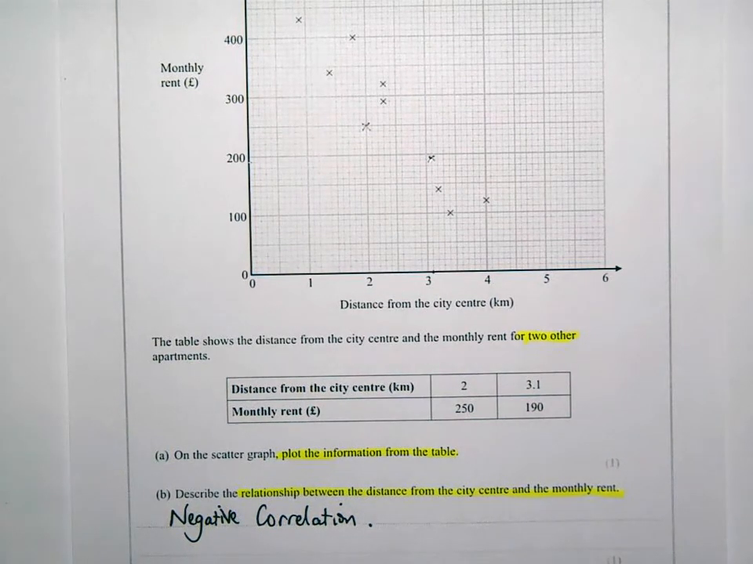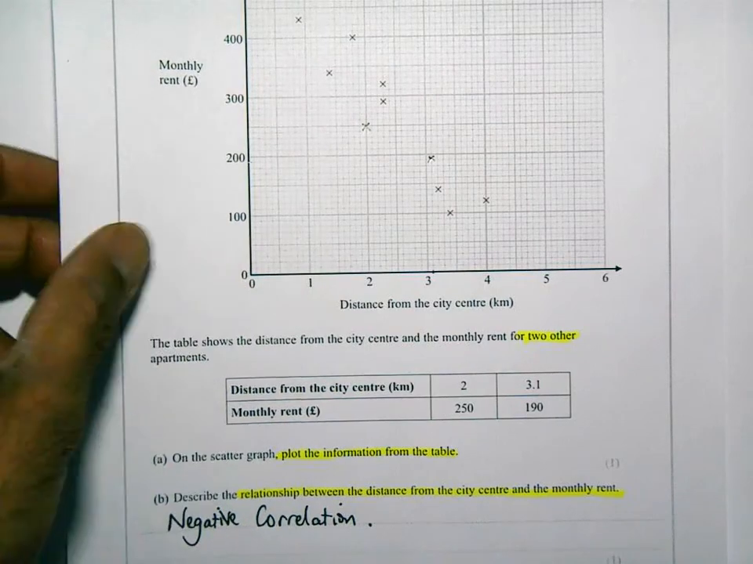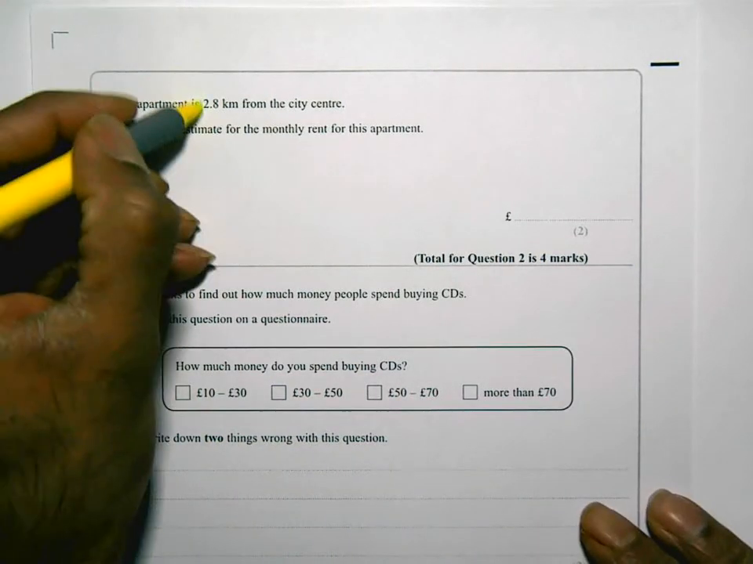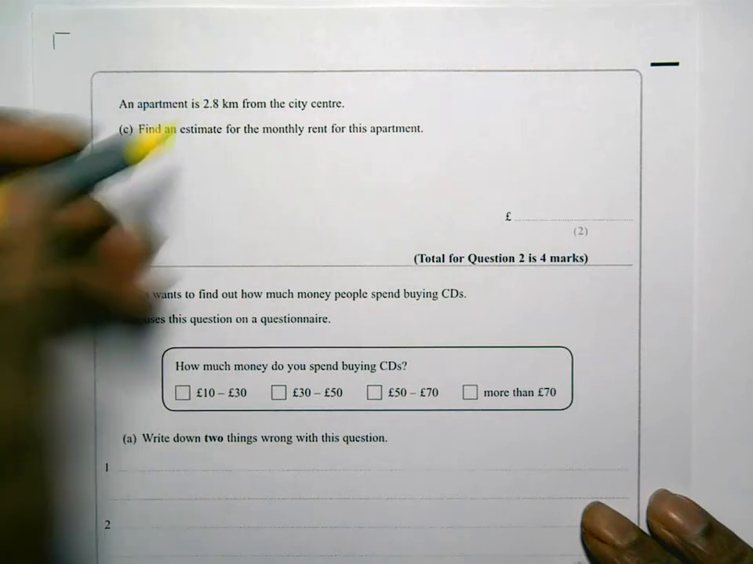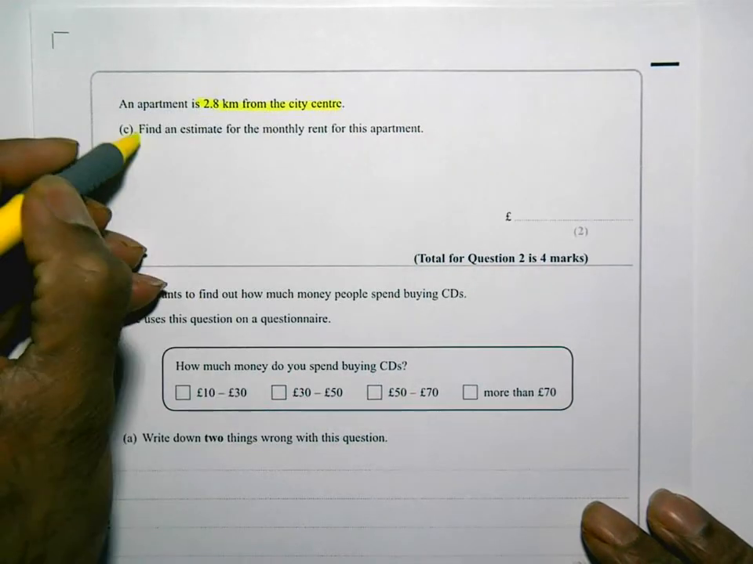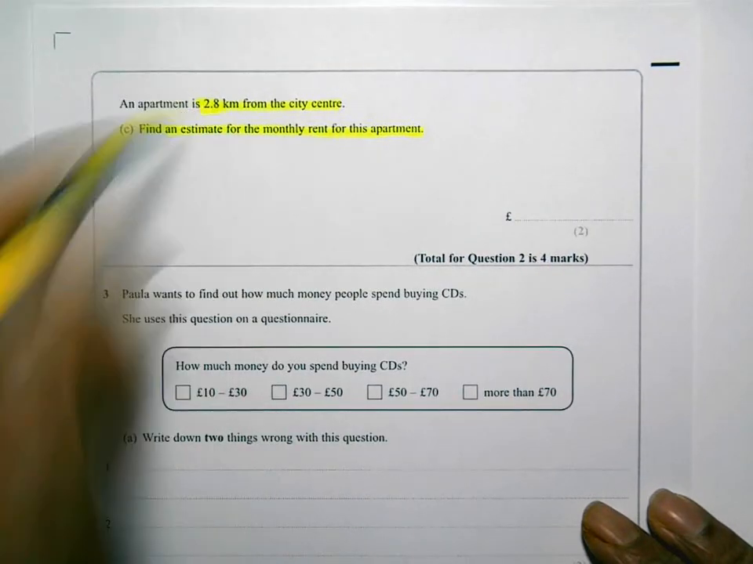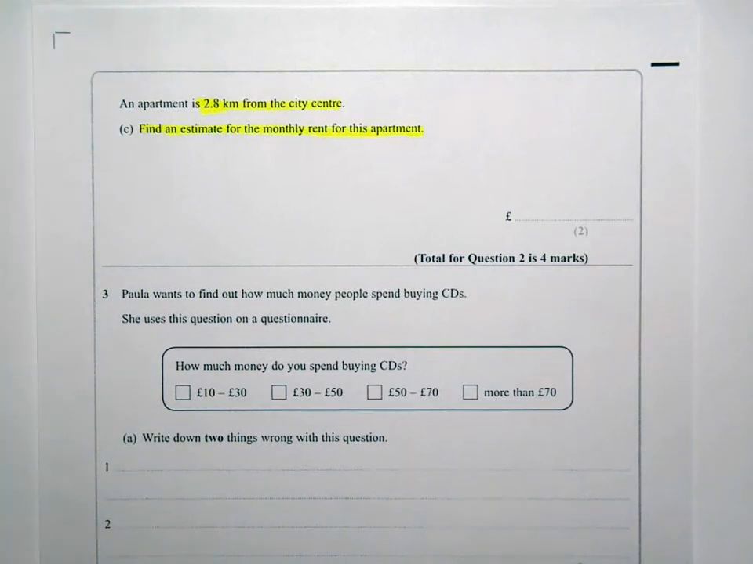There is another part to the question, and that part is part C. So if I just show that part C to that question, an apartment is 2.8 kilometers from the city center. Find an estimate of the monthly rent of this apartment. So it's 2.8 kilometers from the city center. Now I need to go back to the graph for this, and so looking at the graph,